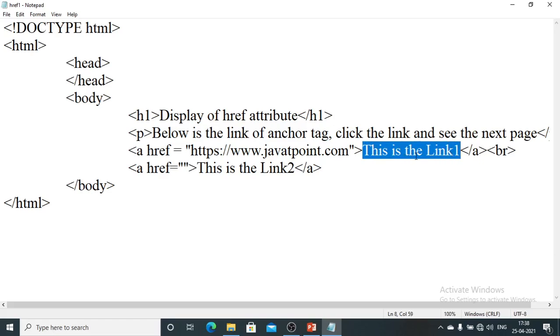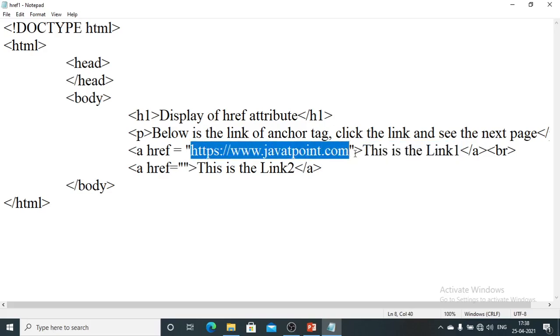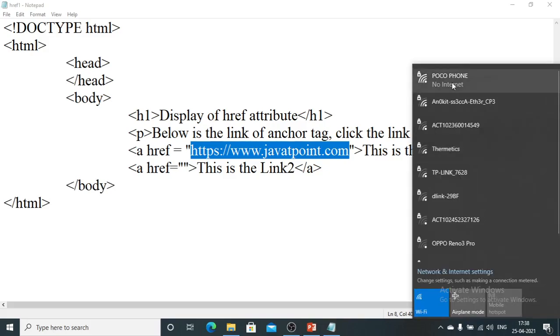If I move my mouse pointer over this statement, it will show the hand pointer. If I click on that, it will make my browser move from the current page to the next page, that is the Java2Point website. For that I need connectivity, so I am going to connect to my internet connection. Okay, it is connected now.